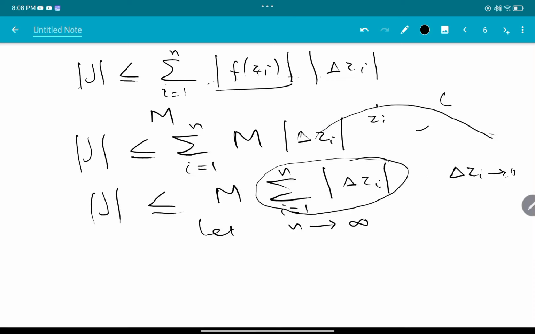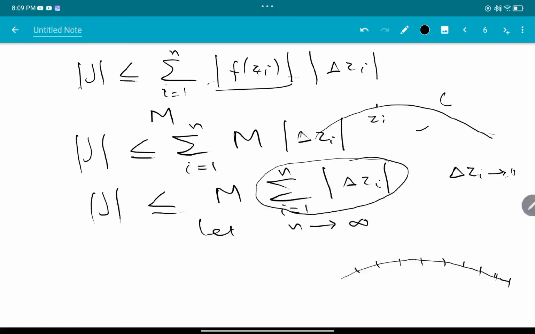You may ask me, sir, why do we need n tends to infinity for that? Even if we add them, suppose you have this. Even if I divide this into 1, 2, 3, 4, 5, 6, 7, 8, 9 pieces, and I add up these 9 pieces, even then it will be equal to the length of this. But see,